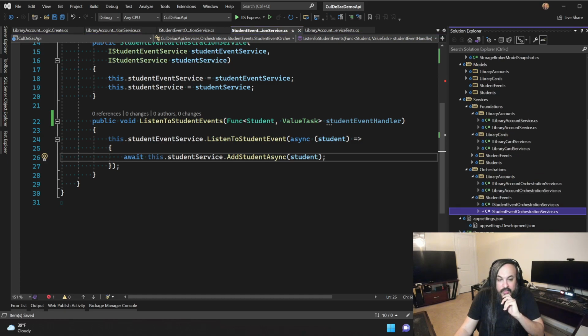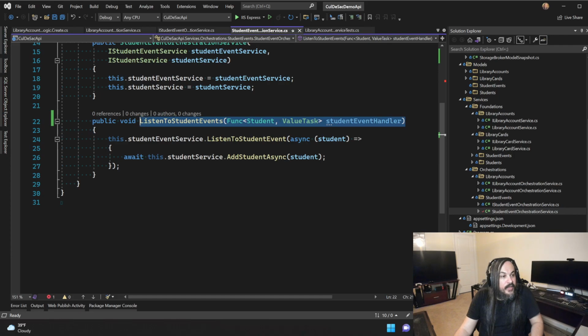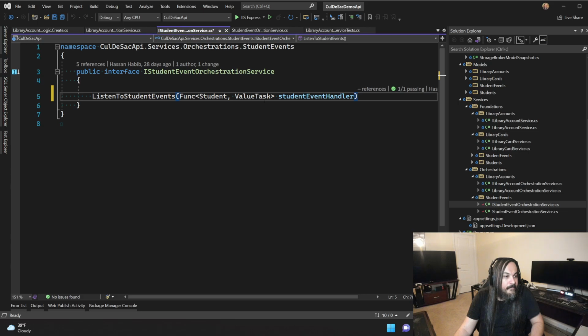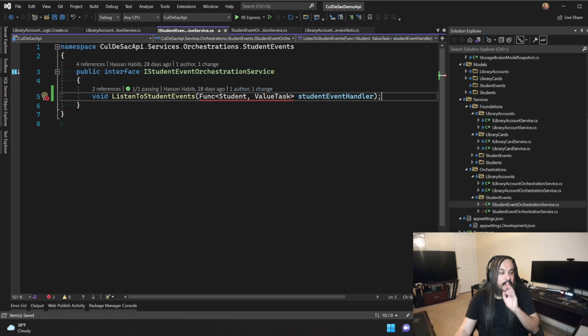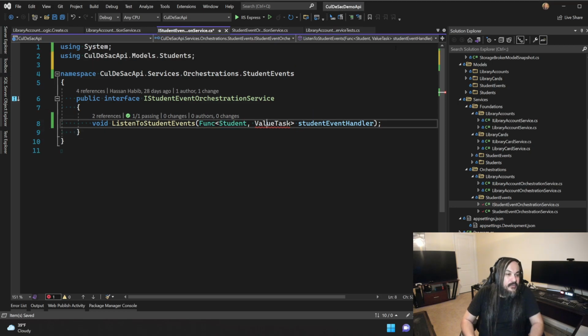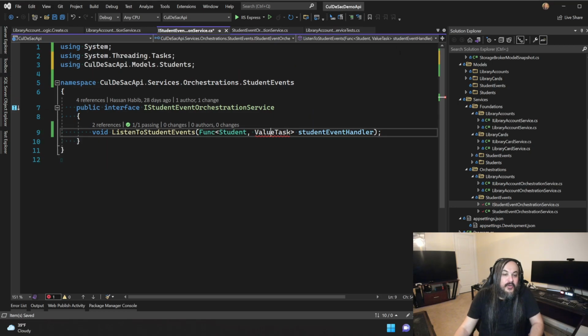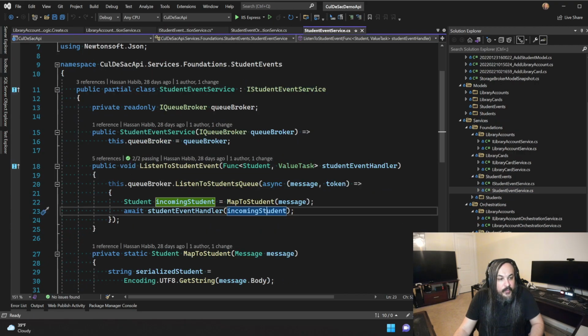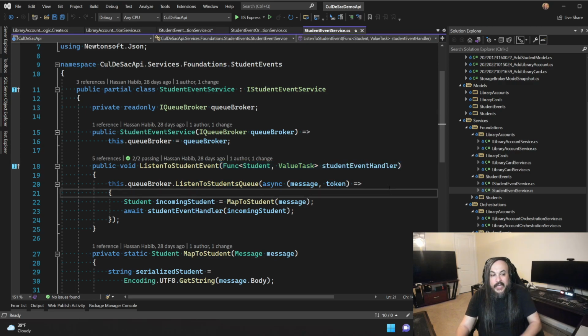Let's make this test driven because you changed the signature. It also means that you need to change the signature in your interface before you do anything else. So let's do that. We don't need the void. Here you go. This guy, and then let's pull in some parameters. So now you're turning into the exact same model of your student event service when you're taking in a parameter as an executable function. Remember, if you go into the student events in here, you can see that we were passing a function from student to value task, and we executed that internally, except that this is a tiny bit different,